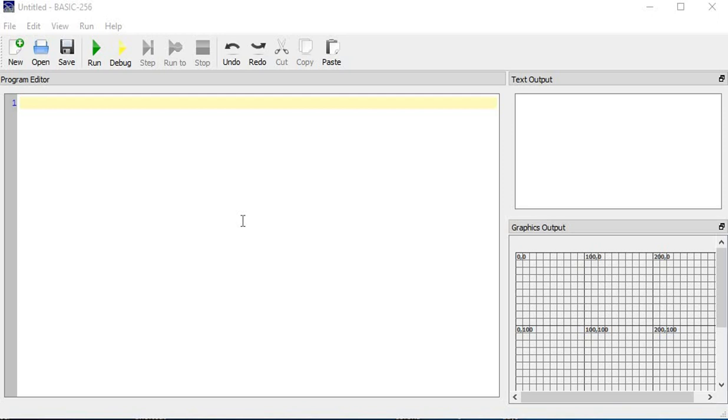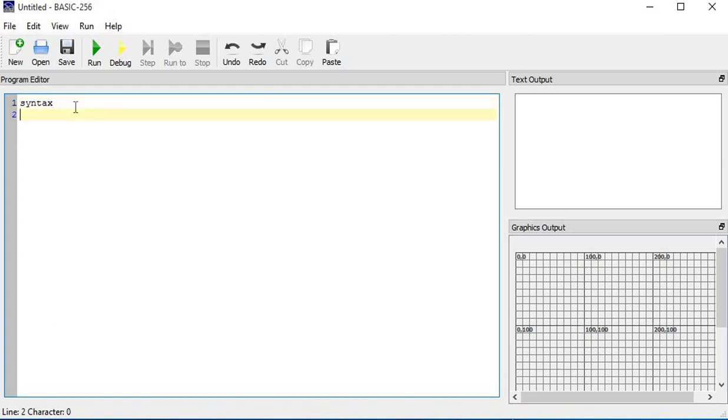Apart from numerical and text input and output, we can also draw graphical shapes in the graphics output area of Basic 256. So here we have the graphics output. Whatever graphical instructions are written for the program will be executed and shown on the graphics output area on this side. First I will just tell you what the syntax is.